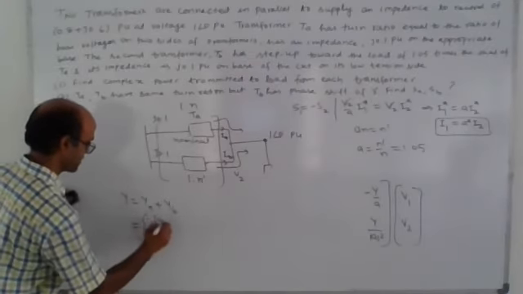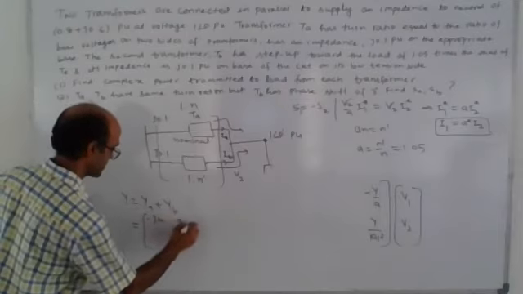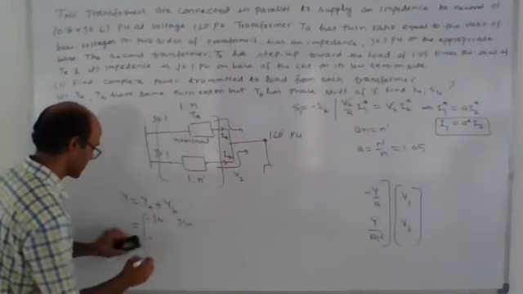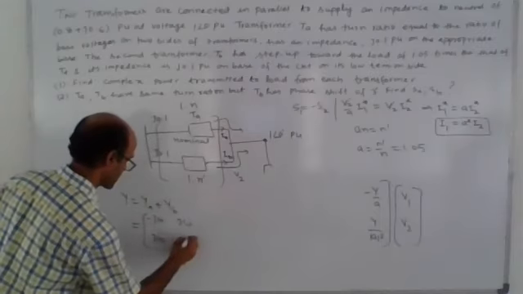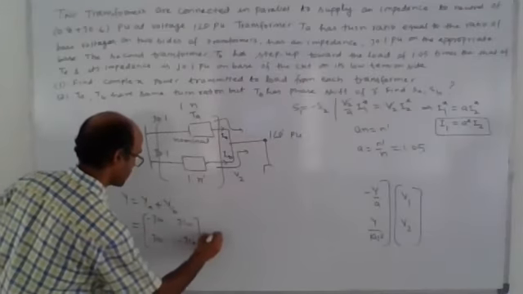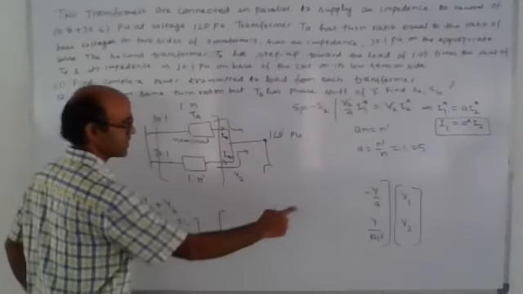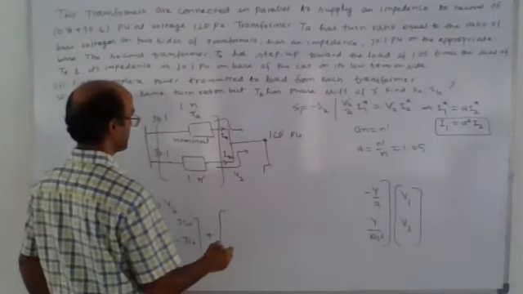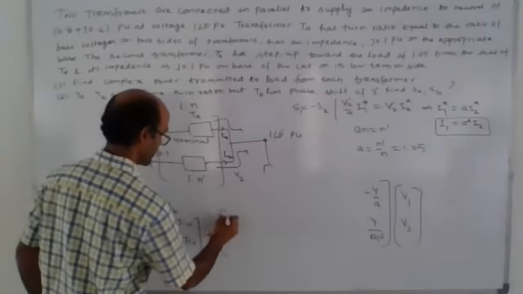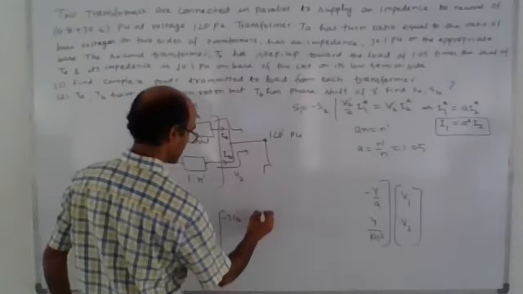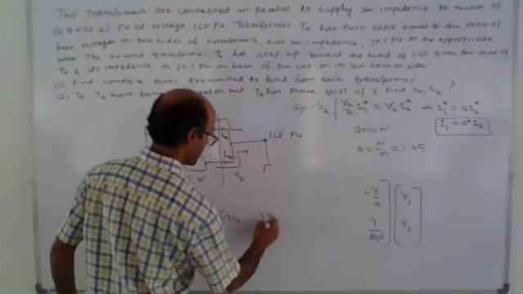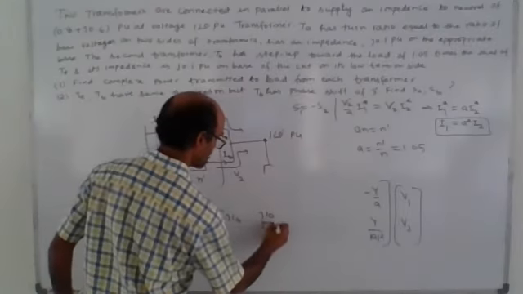Minus J10. YB is what? This Y is minus J10